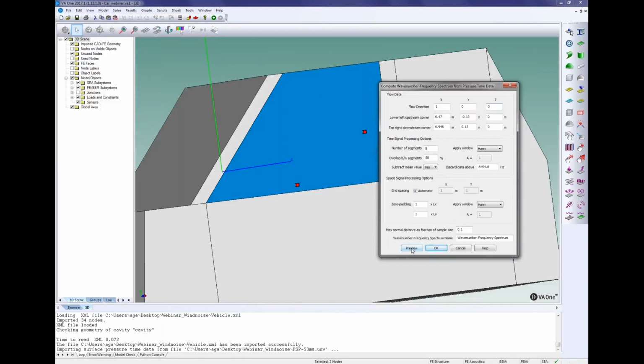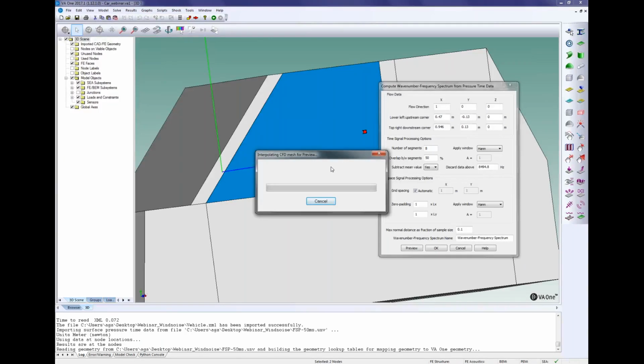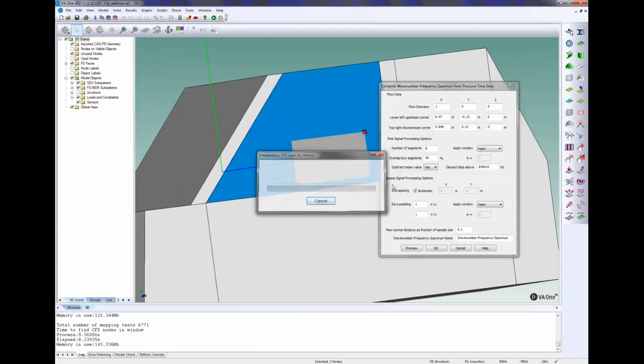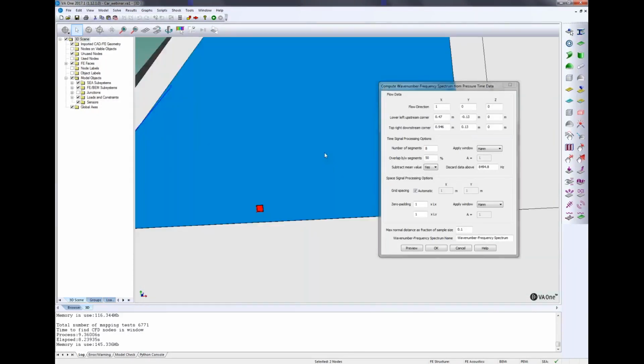So first we'll make a preview. This preview will help to see the meshing of the CFD data and the meshing of the space processing. It creates a set of faces.